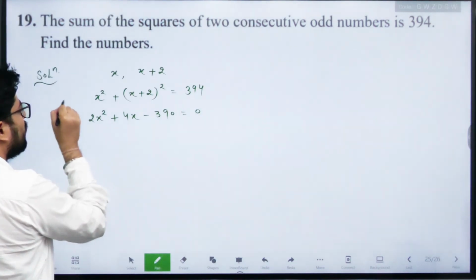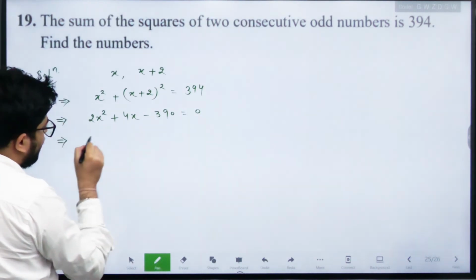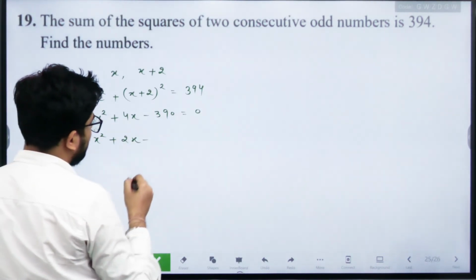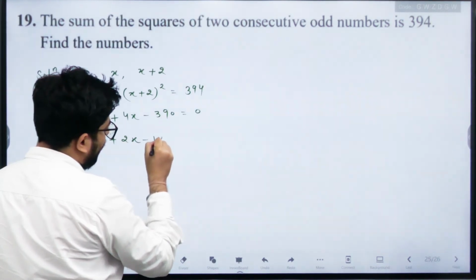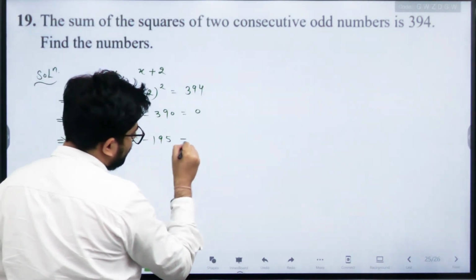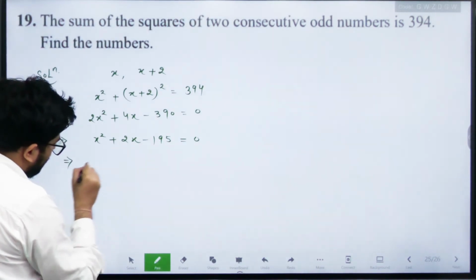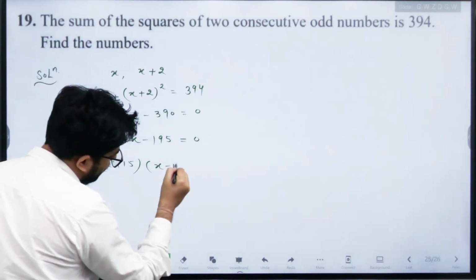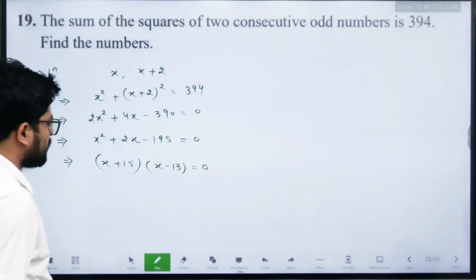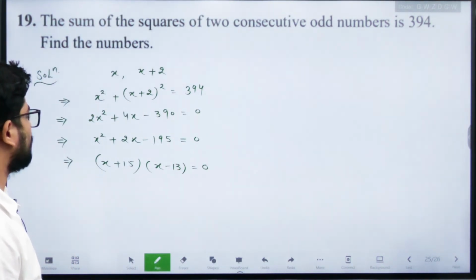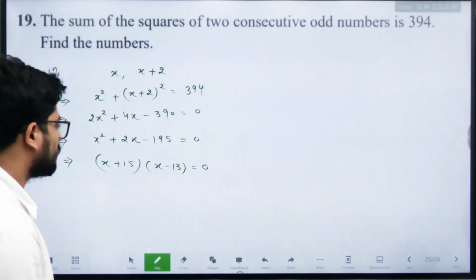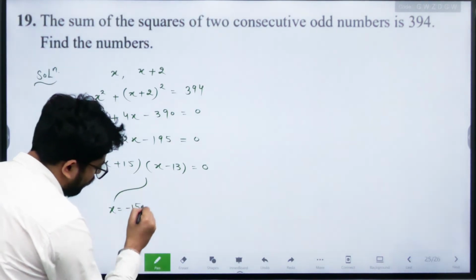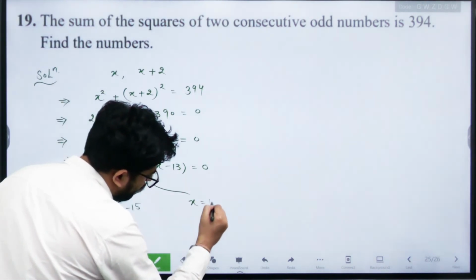So from here you can say x square plus 2x minus 195 is equal to 0. So you can say this is x plus 15 into x minus 13 is equal to 0. Yes, x square plus 2x minus 195. Okay, got it. So x can take two values, either x is minus 15 or x is equal to 13,